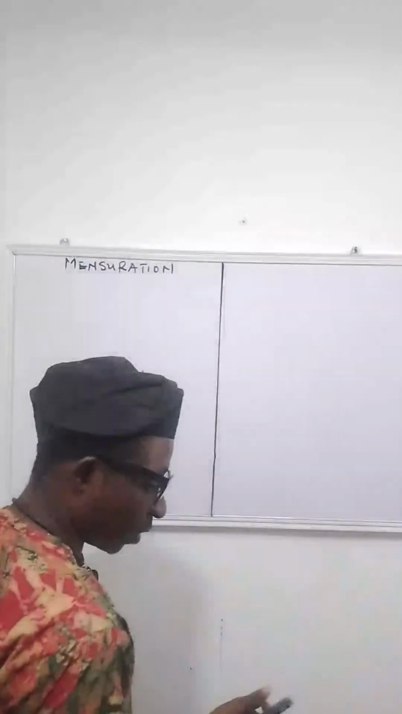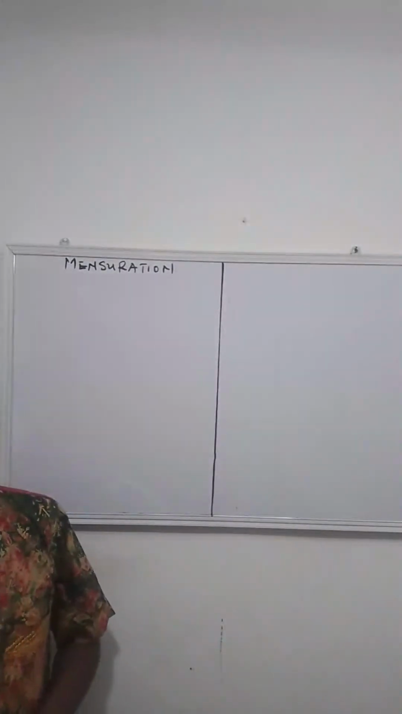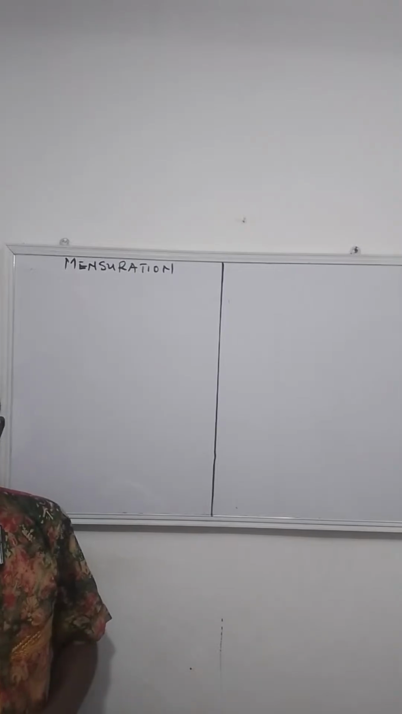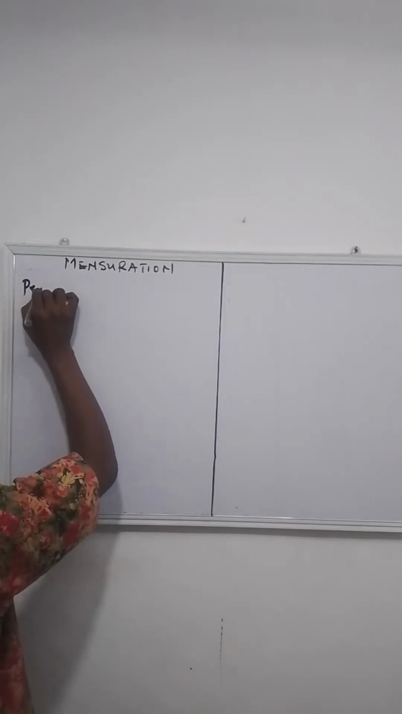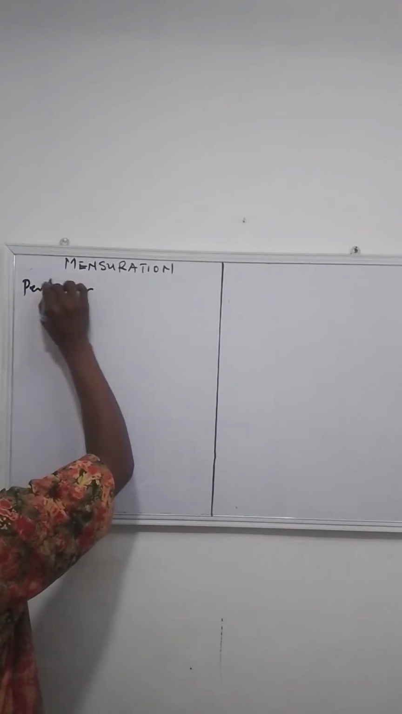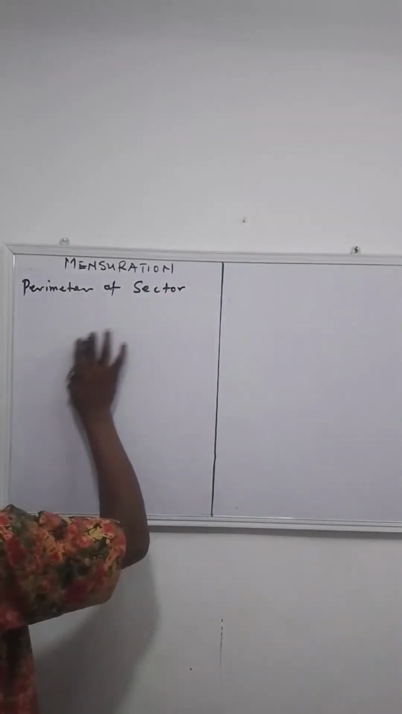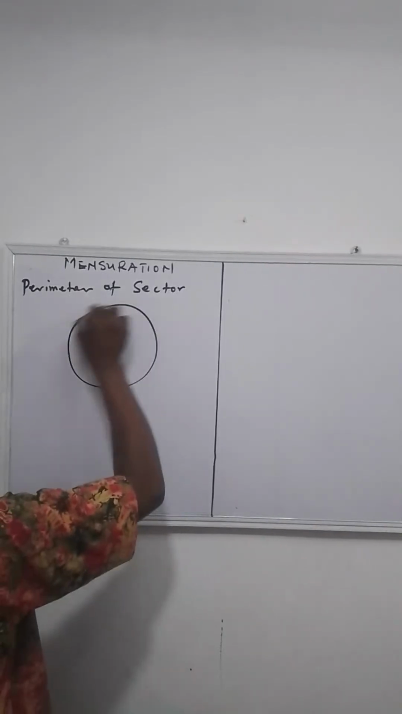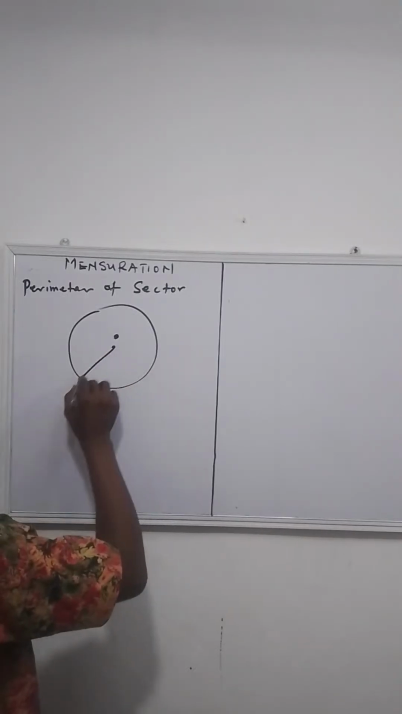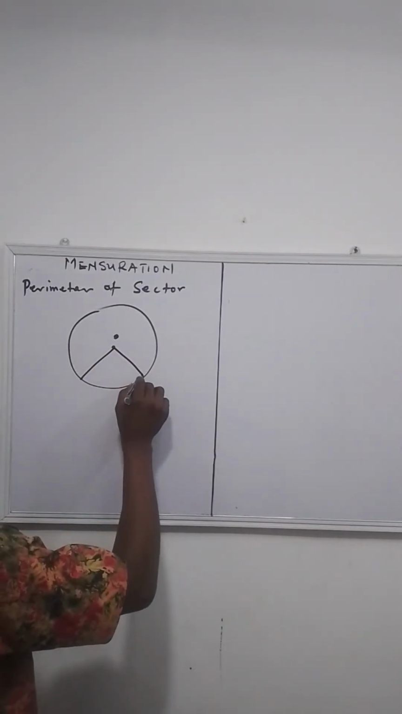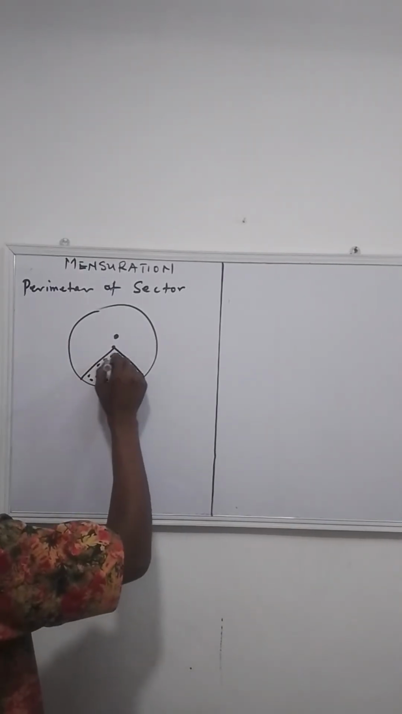Now, we want to begin to solve questions under perimeter of a sector. So we must understand what a sector is. All right, so now let's look at it. Perimeter of sector. Now, if you have a circle, center O, and we have two radii like this. Okay, now this region is what we call a sector,